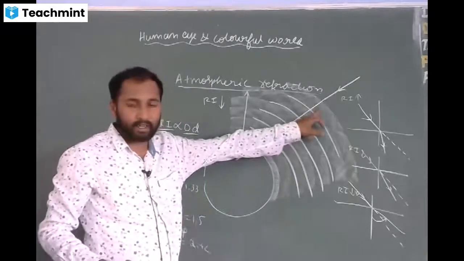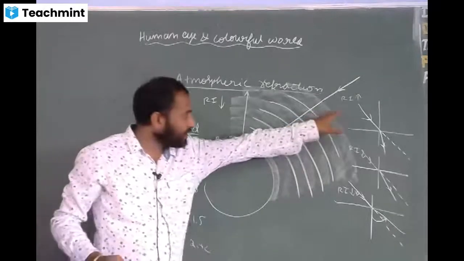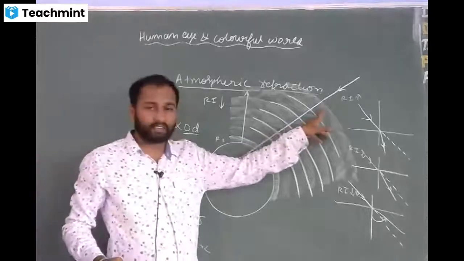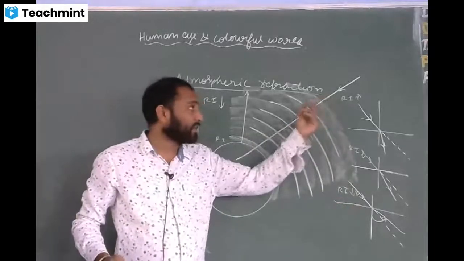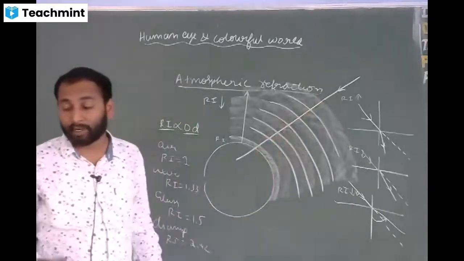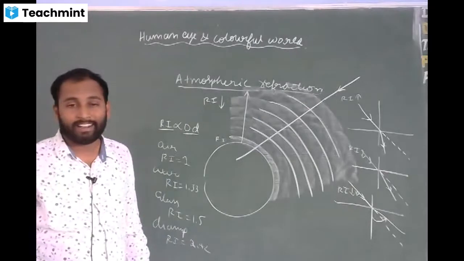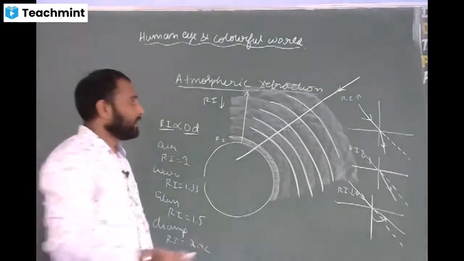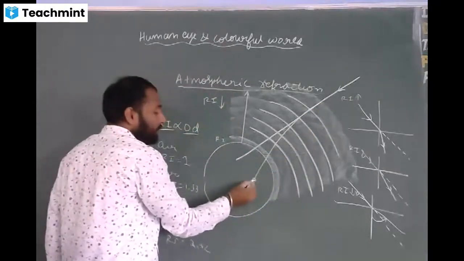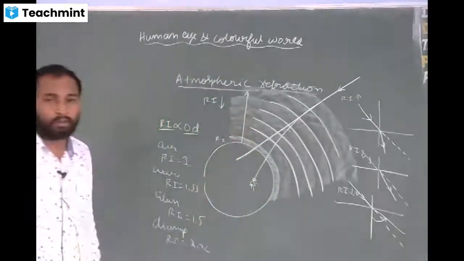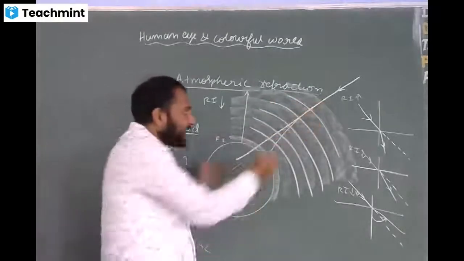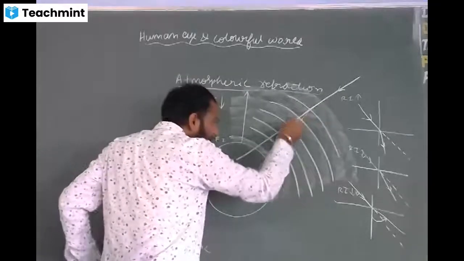Here the refractive index is less. From here the refractive index is increasing towards the earth. When light enters from an optically denser medium to a rarer medium, will the light ray bend away from the normal or towards the normal? The light ray will bend like this. You will be standing here. Leave about the bending. First it will bend like this, next it will bend like this, next.